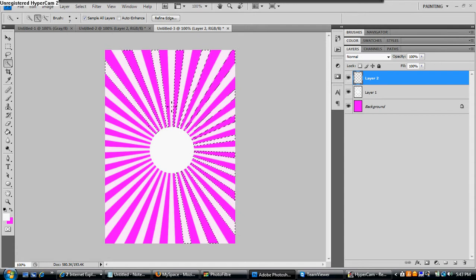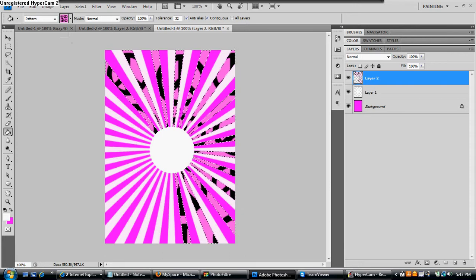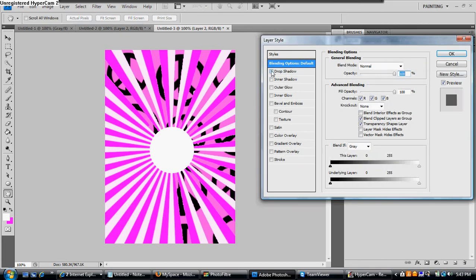Okay, let's just pretend those are all those things I want a different pattern. Then go to the fill tool again. Make sure it's on your next layer, and then select pattern in the drop down menu, and pick a pattern. And there. And then press deselect, go select, and then deselect. And then double click on layer 2. And then you can just change the settings.